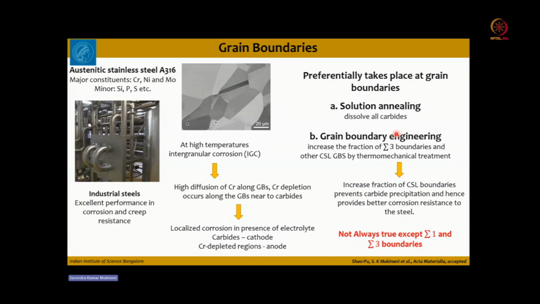Okay, so it was also shown that by increasing the fraction of CSL boundaries, they can prevent carbide precipitation and also provide better corrosion resistance. But it is not so clear evidence. Correct. So now the task is to understand how the grain boundary character controls the corrosion behavior of these